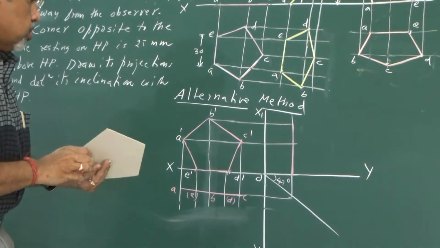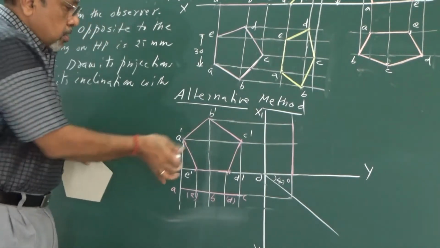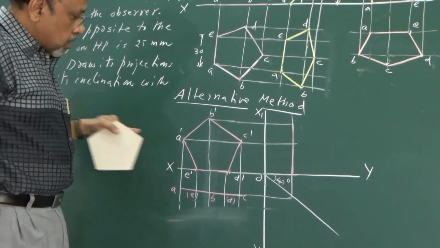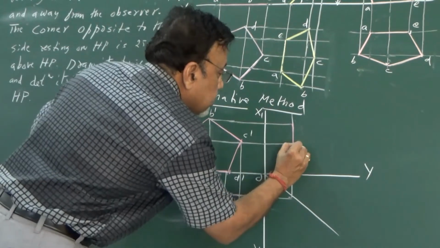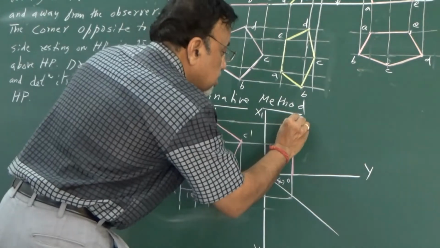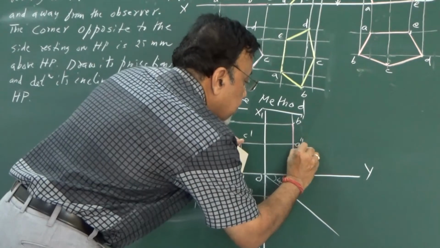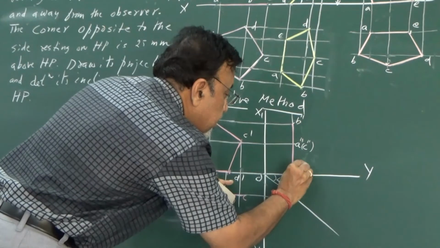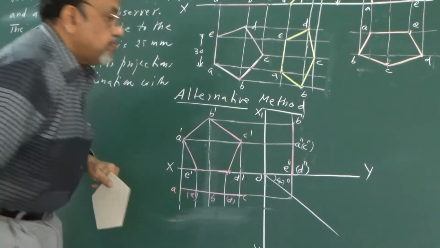And again, you put the points now. How do you put the points? This is RPP, this will be the lamina object, and where is the observer? For the observer, you can see A, so I write A double dash. Then B, I can also see this, so this is B double dash. What about C? I cannot see C, so I write C double dash in brackets. What about D? D double dash, I cannot see. Whereas I can see E double dash. Is it clear?